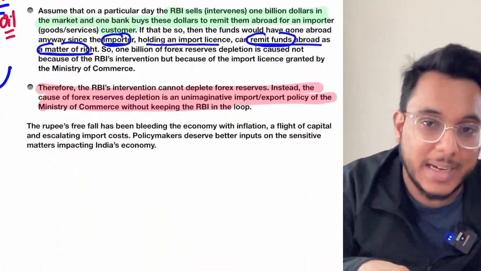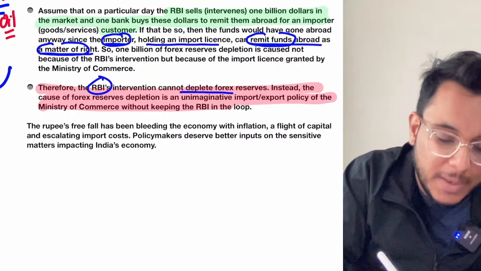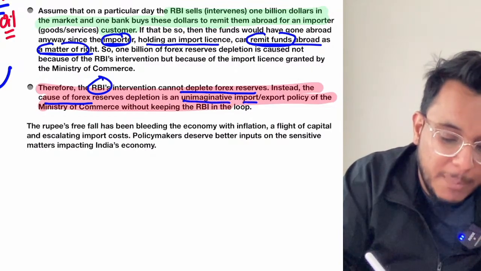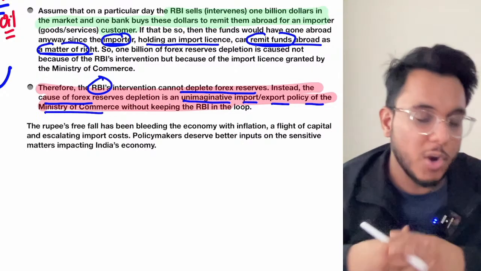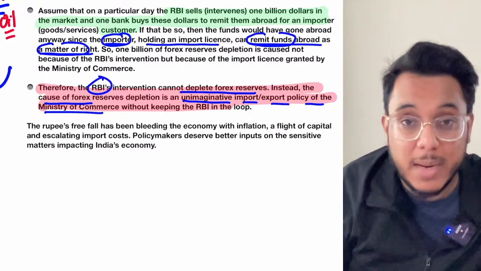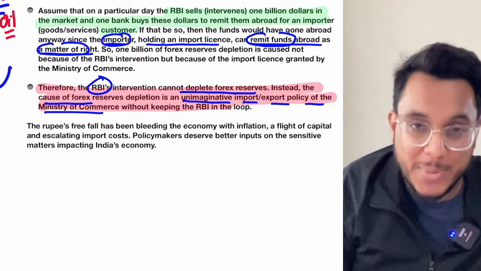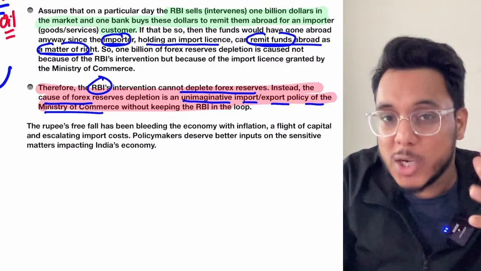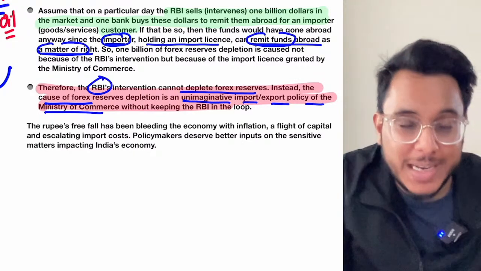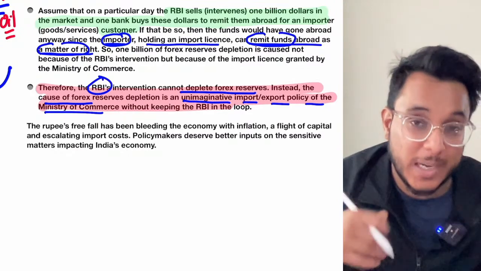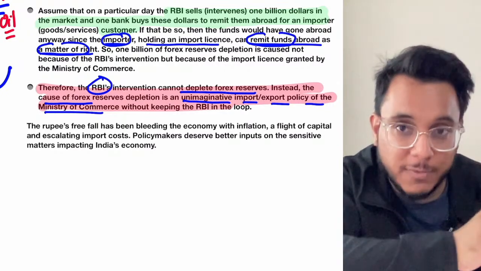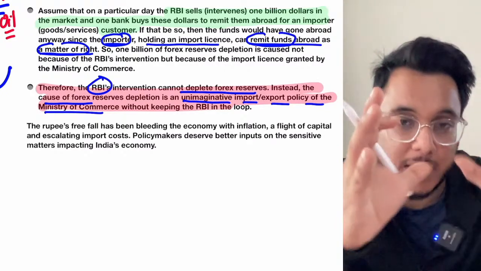So the article is saying that RBI's intervention cannot deplete the forex reserves. Instead, the cause of the forex reserve depletion is the unimaginative import-export policy of the Ministry of Commerce. The Ministry of Commerce's export and import policy is basically misplaced. They need to have safeguards in the EXIM policy so that we import less and export more. Understand this, guys: whenever we export, we get dollars, we get foreign reserve. That foreign reserve is given to RBI. RBI puts it in its forex